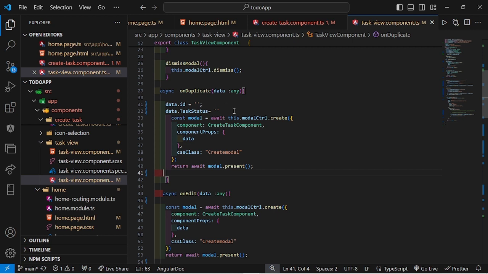It's more like creating a task with the same information from the previous item that you selected when you open the model. So you have to initialize this ID and task, right? So I think the only problem,